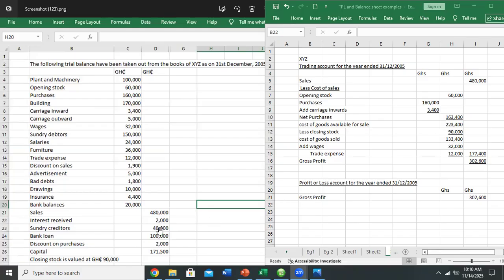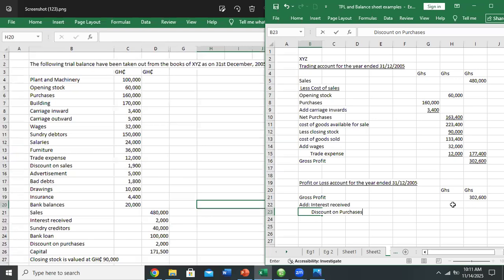Creditors, we all know, is a liability. And bank loan is also a liability. It's not an income. Then the discount on purchases, that is your discount received. And then almighty capital is also here. So on the credit side is your capital, liabilities, and other income. Don't go and pick liabilities or capital. They don't come to the profit and loss account. They will go to the balance sheet. So here we add the other income, which is the interest received. And then the other one will be the discount on purchases. So these are the 2 incomes.